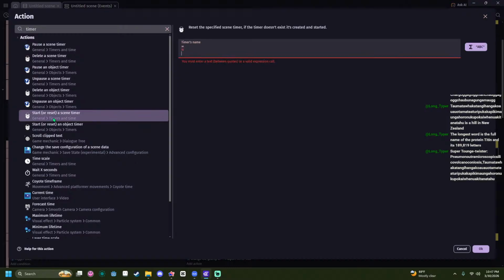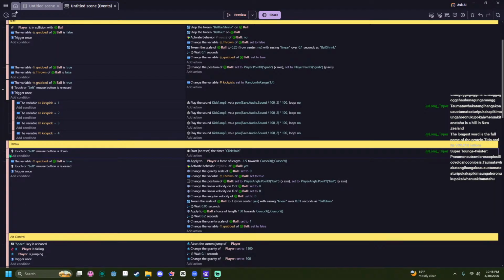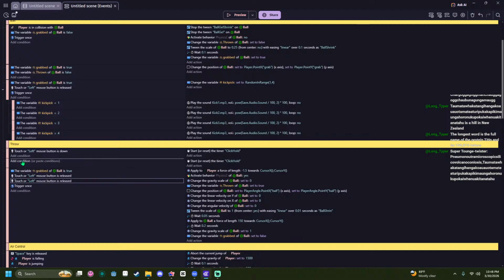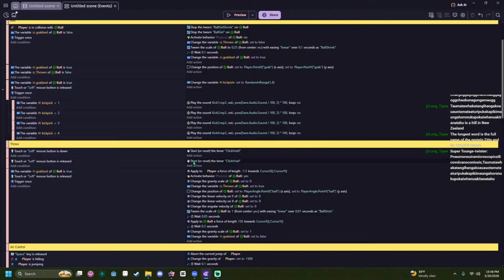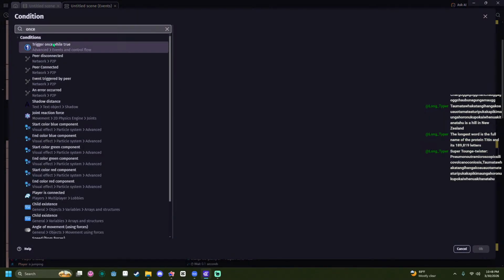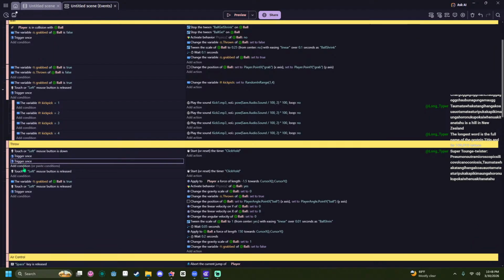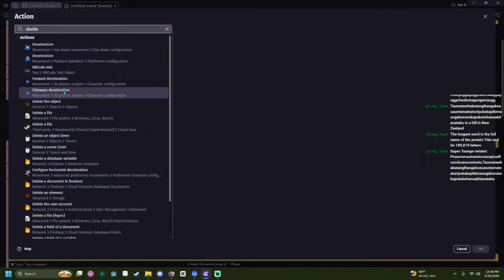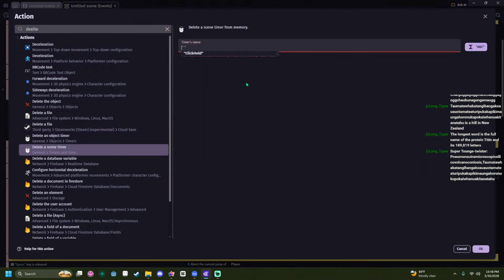Start scene timer. Click hold. Delete a scene timer.